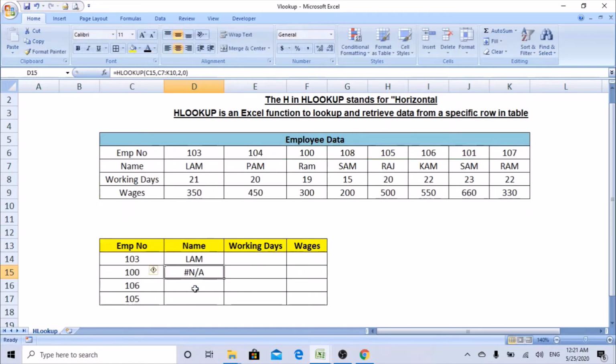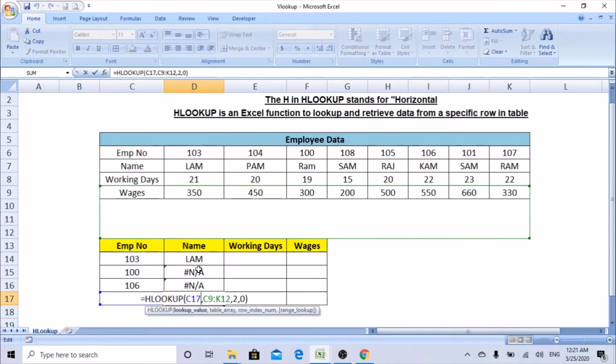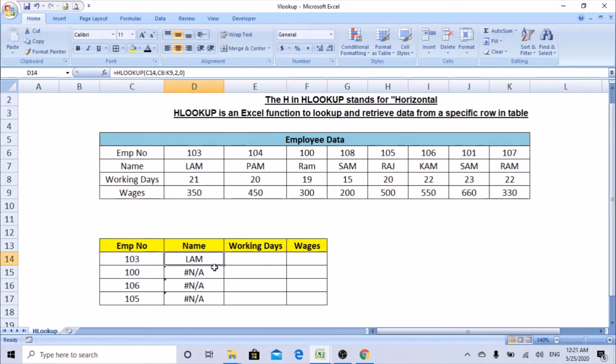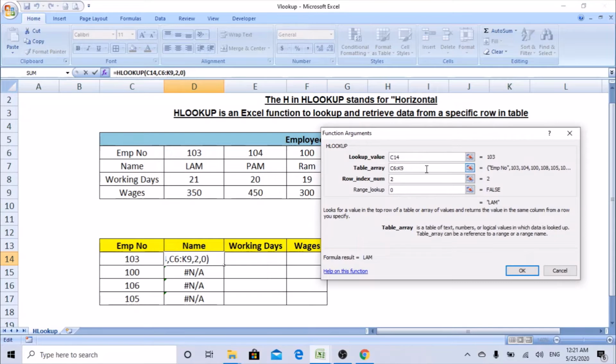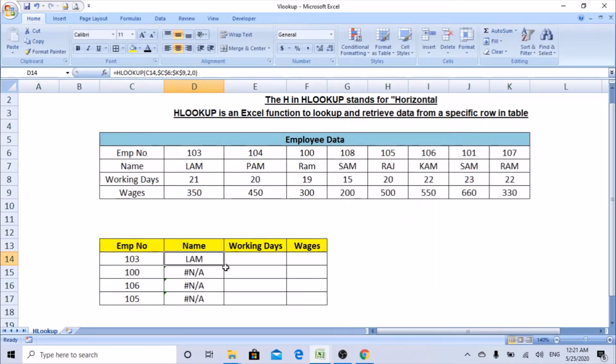Now you see data is not picking. Copy till down, data is not picking. The reason is the range you have selected keeps going down and is not in the correct source data. For that reason we need to lock the cells. So I'll go to the first cell where I put the formula. Now I'll lock the cells using the F4 function. Once you click F4, it locks both C6 and F9 with the dollar signs. Now click OK. Drag this formula down. Now you can see the values are picking correctly.